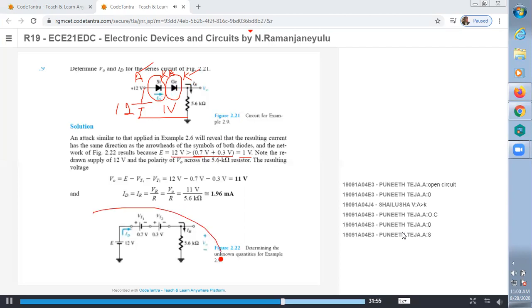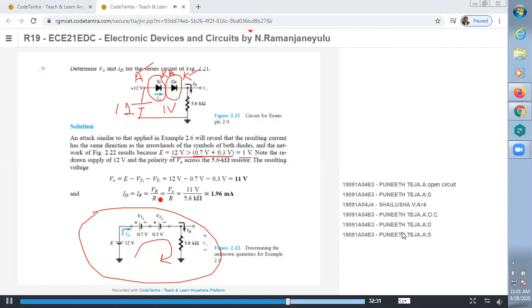Now observe this equivalent circuit here. The first diode is in forward bias. It is a silicon diode, replaced with 0.7 volt. Whereas the second diode is a germanium diode, replaced with the equivalent 0.3 volts. So now apply KVL to this loop and find out the required values. What is V0, what is IR? It is a single loop only, so the single loop current is the same. IR is equal to ID.